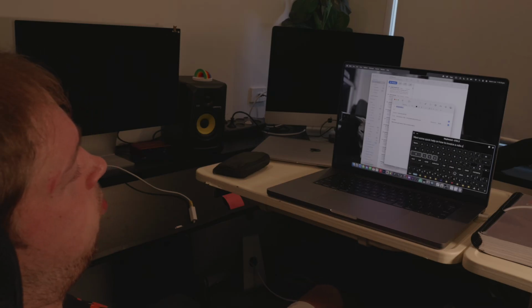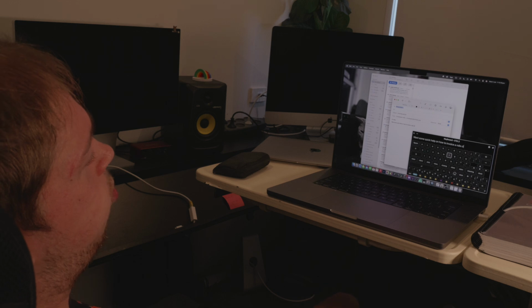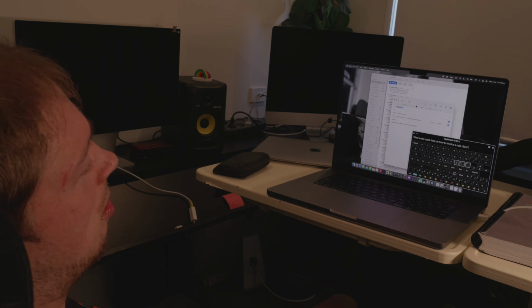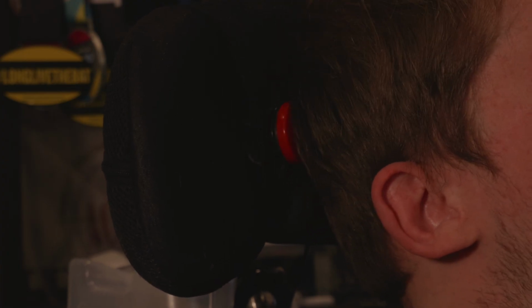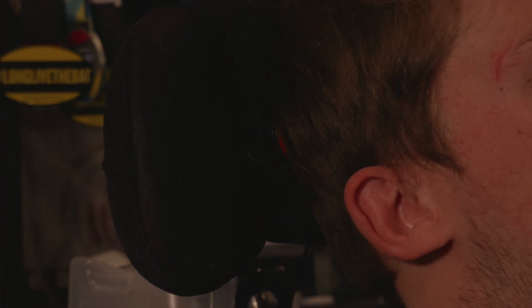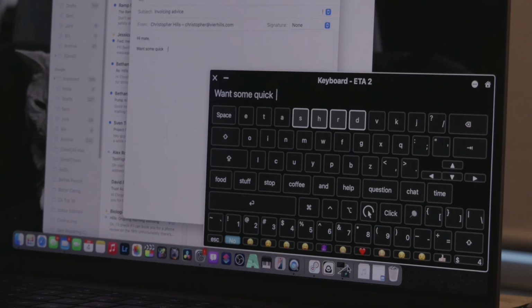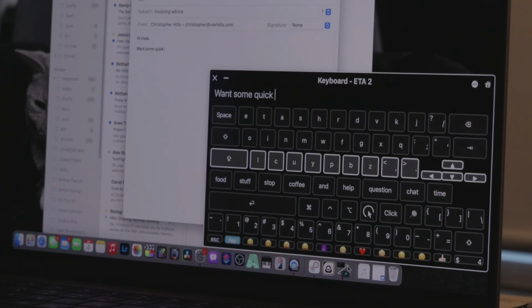I'm sitting in front of my laptop. There is a small window on the bottom right corner of my screen, with rows of buttons. When I press a switch, in my case, the switch is on my headrest, rows of those buttons are highlighted sequentially. I press the switch again to select a row, then again to select a button.